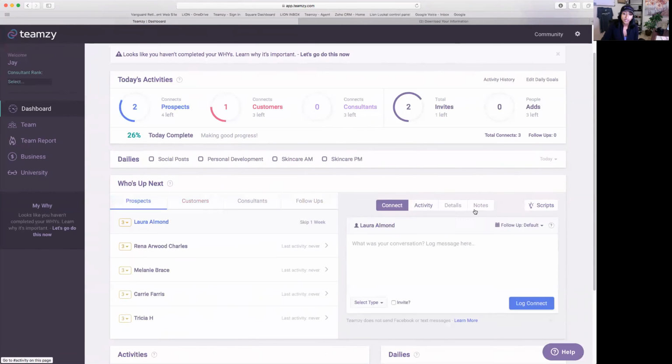Let's say that Laura came up for connection and I wanted to send Laura an email. I can actually send emails directly through Teamzy. So if you are a Gmail subscriber, you can actually link Teamzy to your Gmail and it will allow you to send emails directly through the system. To do that, the easiest way would be to